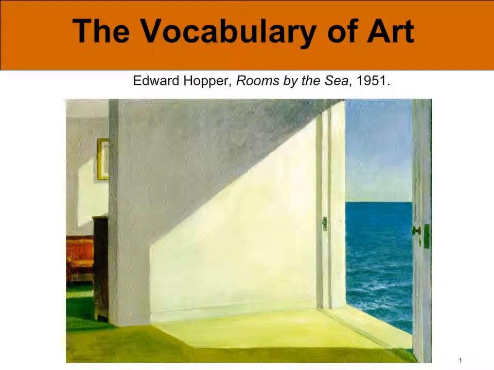When you look at Edward Hopper's Rooms by the Sea, what sticks out to you? For most of us, it's that white trapezoid shape. This shape is not an accident by the artist, but an element in the painting used for several things. The top diagonal directs our eyes to a line into the room and to the space behind the wall on